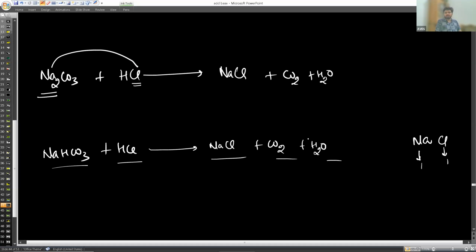Now, same salt, same carbon dioxide, but there is a difference only of balancing. It is Na2CO3, you will write here 2 NaCl, it will be this one. Okay, balance. Now it is already balanced. So this is a difference of only balance. Like for example, if you have calcium carbonate,